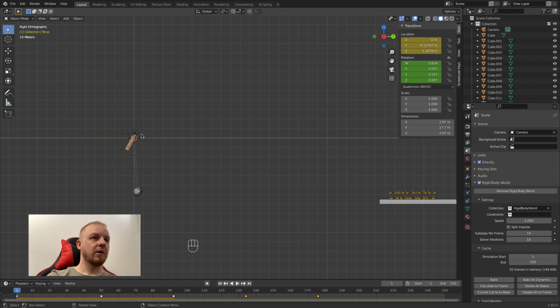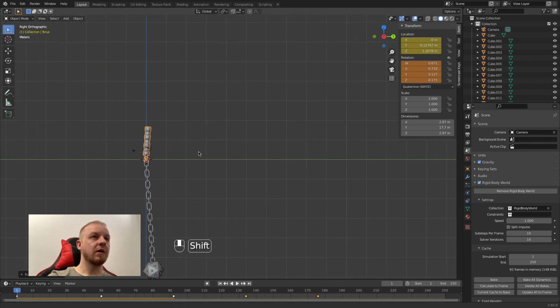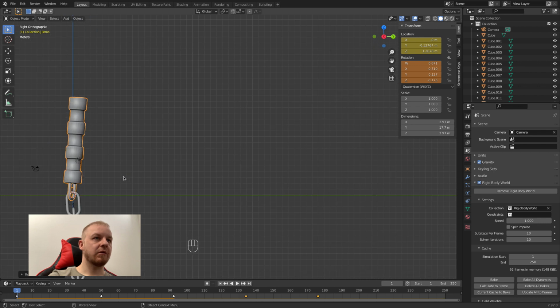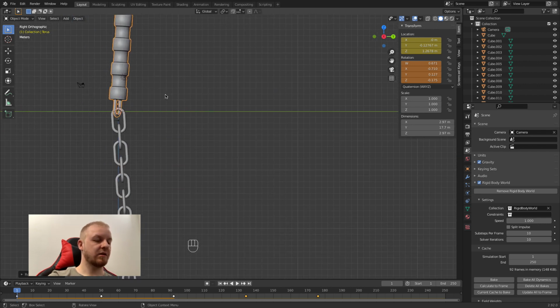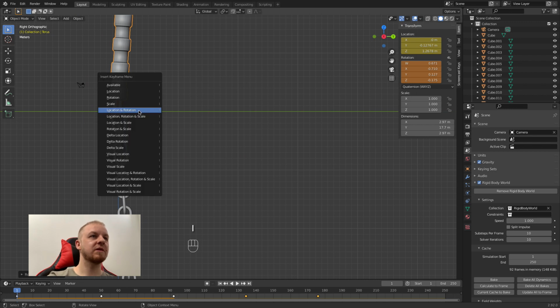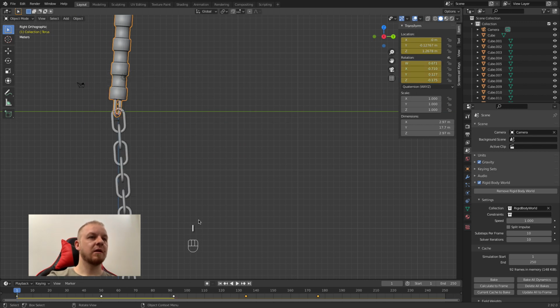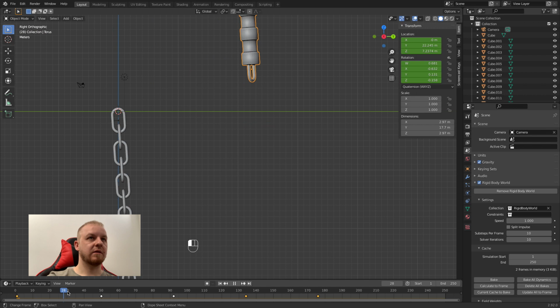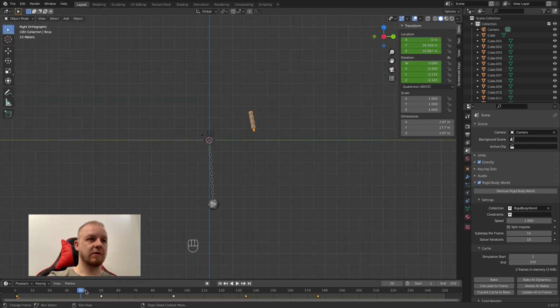So we want to add this rotation back here, because when we removed the rotation keyframes, it was removed from all keyframes. So sorry for that. Like that, and as you can see,